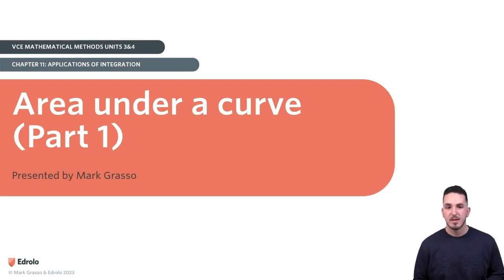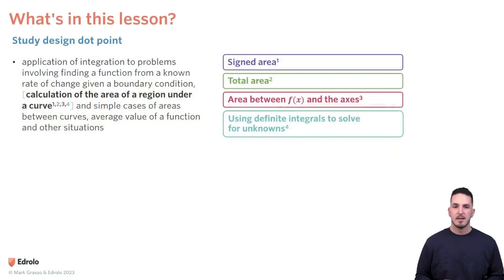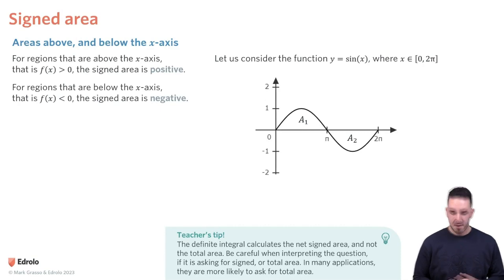In this lesson, we're looking at area under a curve. In particular, we'll be looking at signed area, total area, area between f of x and the x and y axis, as well as using definite integrals to solve for unknowns. Let's begin with signed area, so areas above and below the x-axis. Firstly, for regions that are above the x-axis, that is f of x is greater than 0, the signed area is positive. For regions that are below the x-axis, that is where f of x is less than 0, the